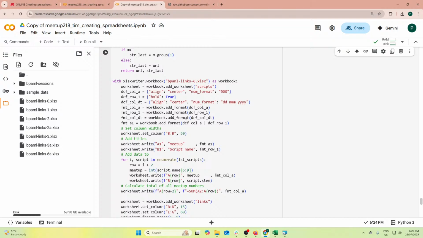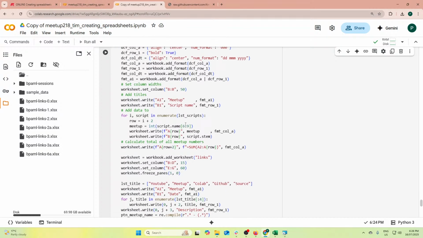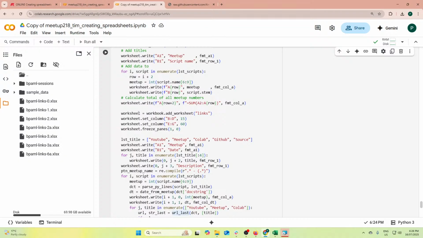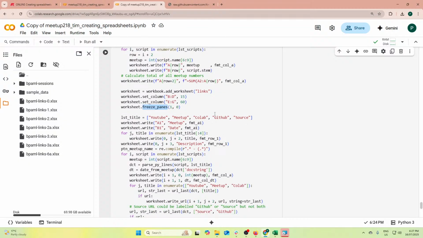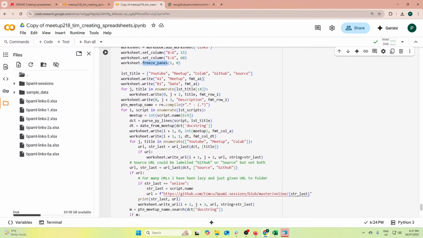And we've done all the formats as we did before. We did the first sheet, and let's see, we're setting a few column widths here, because the links can be quite long, and we're even doing some freeze panes if that's something you'd like to do in your spreadsheet. And that's the first sheet, and then once we've done that,